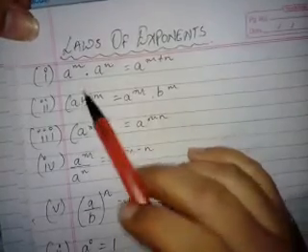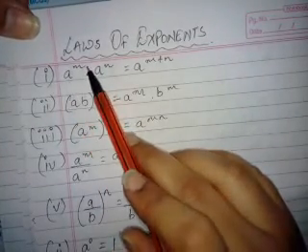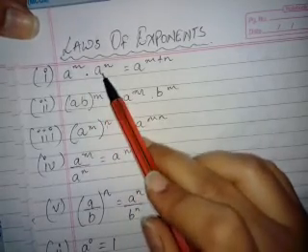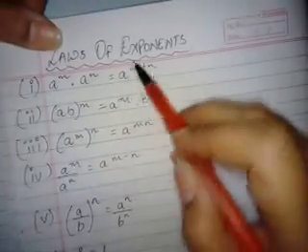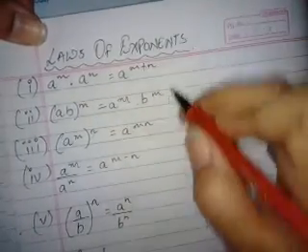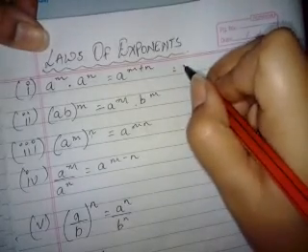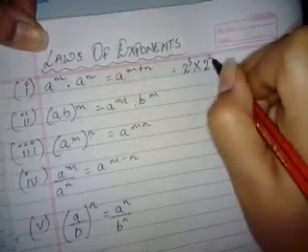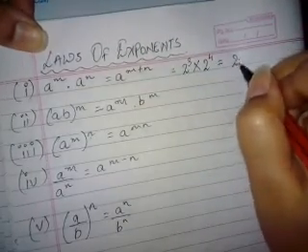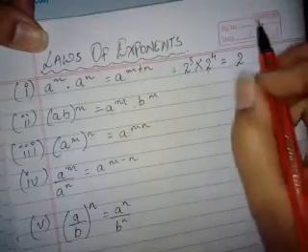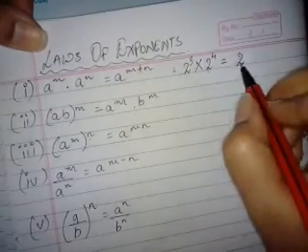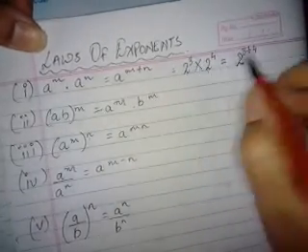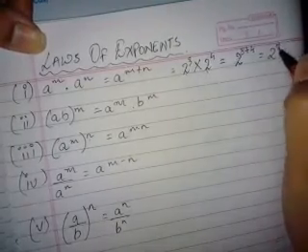Now first law says a raised to the power m, multiply, this is the sign of multiplication, a raised to the power n will give you a to the power m plus n. For example, you have a number 2 raised to the power 3 multiply 2 raised to the power 4, which means 2, the base, is the same over here. So the base 2 you are going to write down only once and you are going to add up the exponents. 3 plus 4 will give you 2 to the power 7 as your answer.